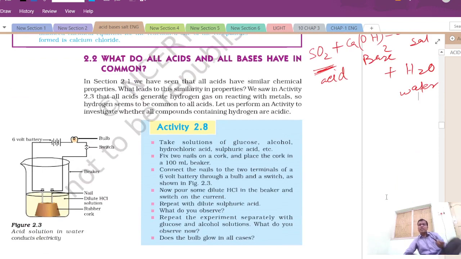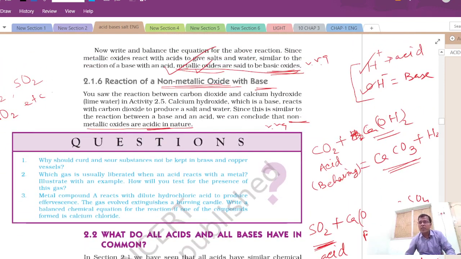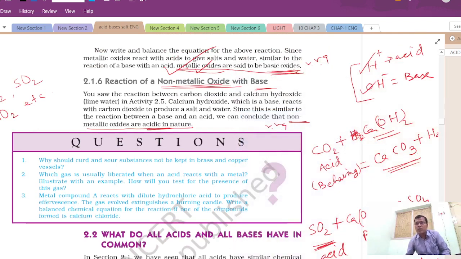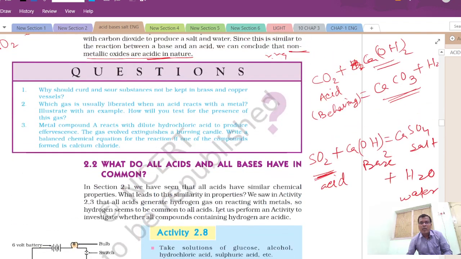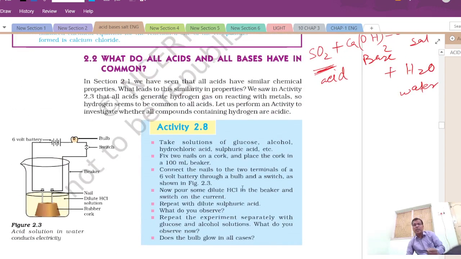What do all acids and bases have in common? As I told you, I will just skip this topic, because when a compound is giving H plus ion, then it is called an acid. And when a compound is liberating OH minus ion in the solution, then it is a base. Okay, so I am just skipping this topic. What do all acids and bases have in common? H plus and OH minus ion. But this topic is important from another point of view,